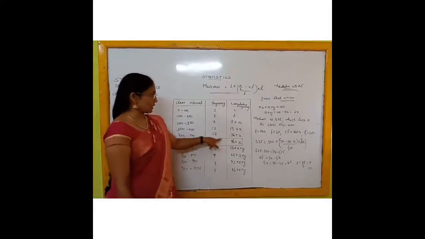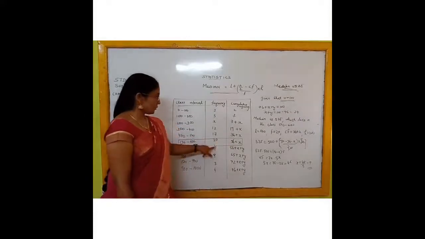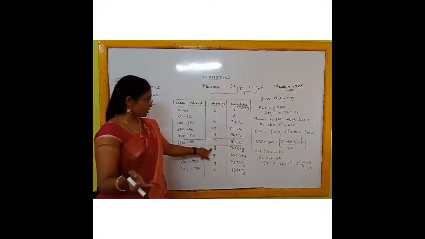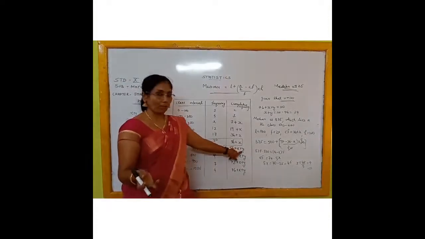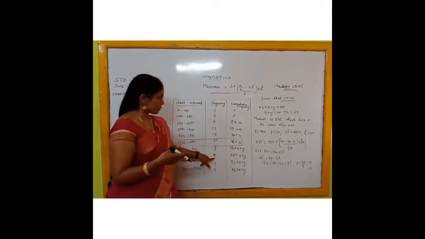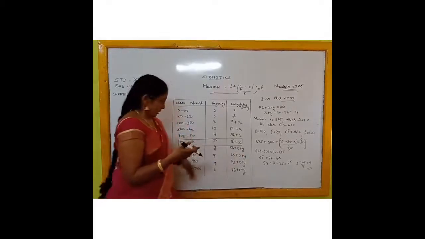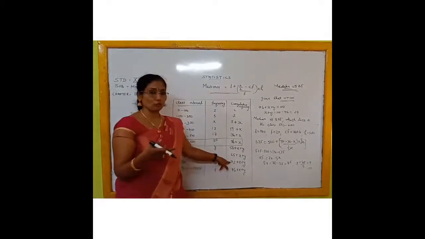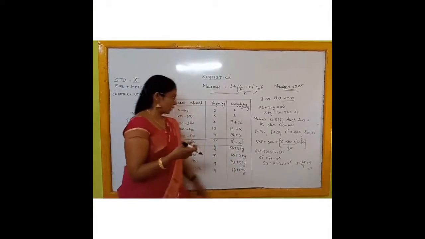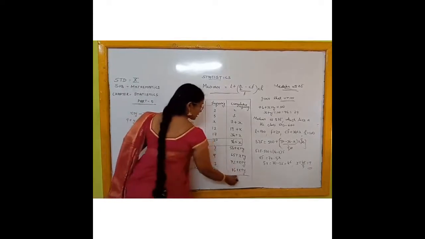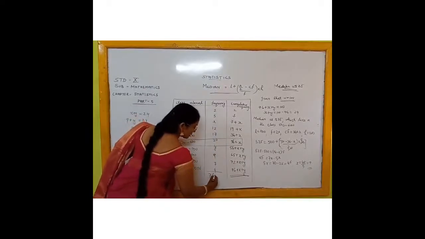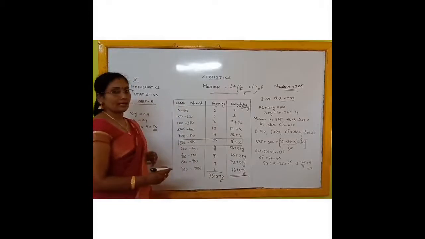Next, 36 plus 20, 56 plus x. Then 56 plus x is already there. Now what should you add? Another variable, that means the missing frequency: 56 plus x plus y. Next, 56 plus 9. The numbers you can add together: 56 plus 9, 65 plus x plus y. Next, 65 plus 7, 72 plus x plus y. Last one, 72 plus 4, 76 plus x plus y. That means in the last column you are going to get the answer 76 plus x plus y. If you add it this way, you also get the same answer.